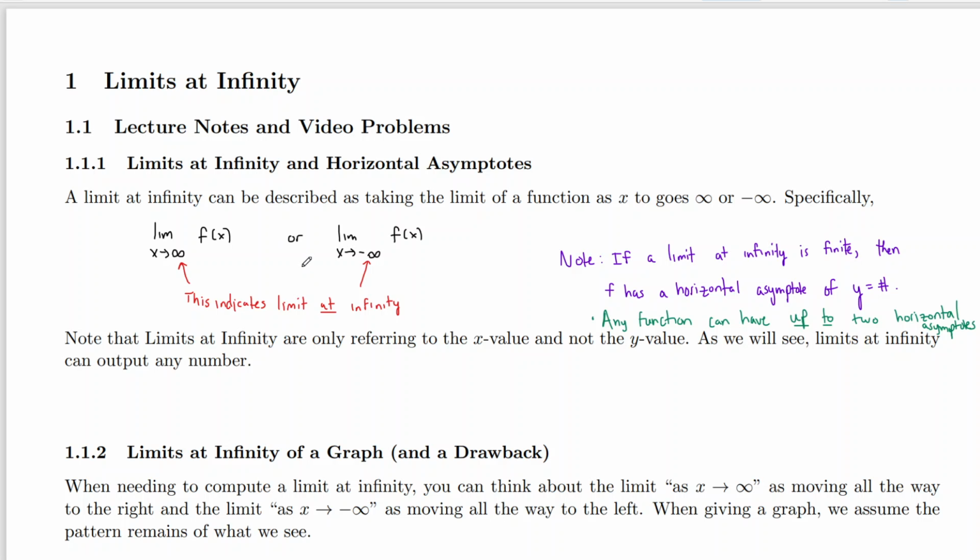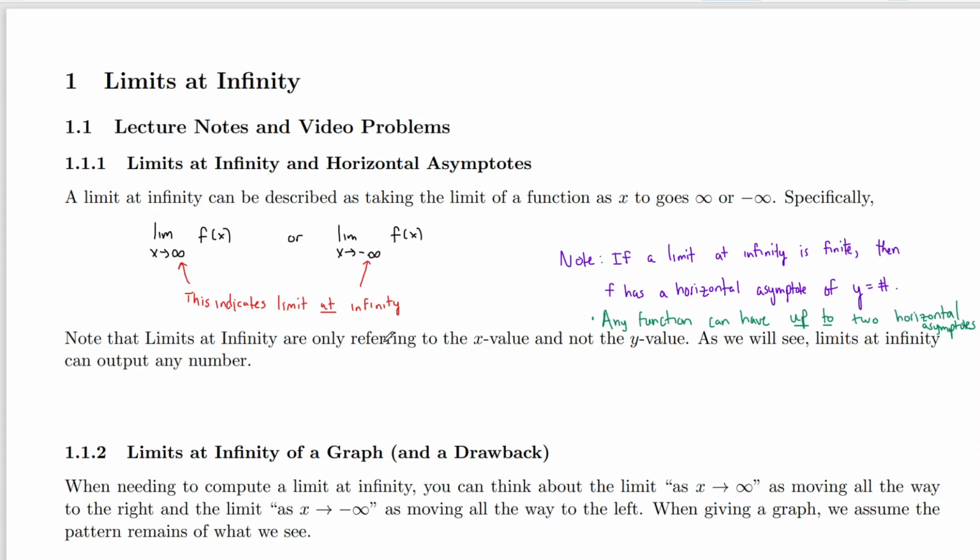Now, to start, what is a limit at infinity? It's not something we've dealt with before. We dealt with infinite limits before. We saw limits that we could get infinity or negative infinity as their answer. But a limit at infinity can be described as taking the limit of a function as x goes to infinity